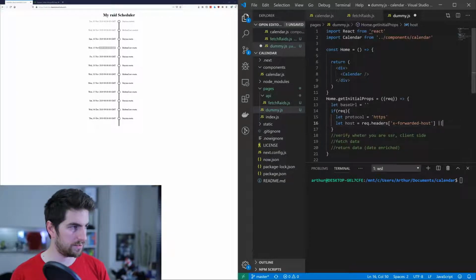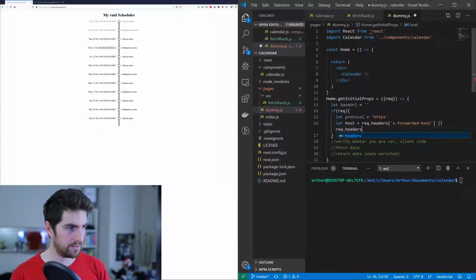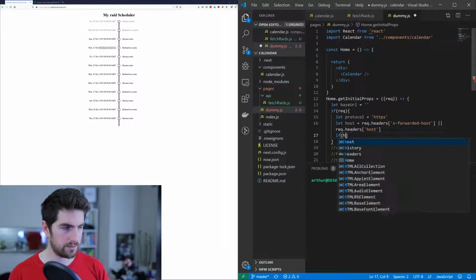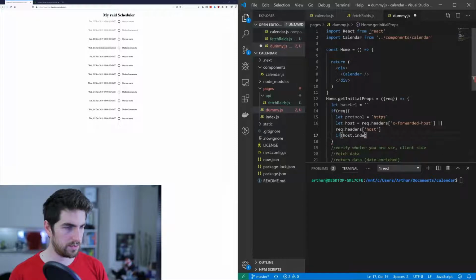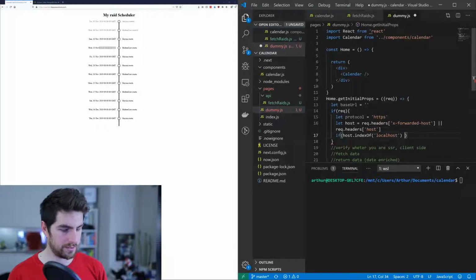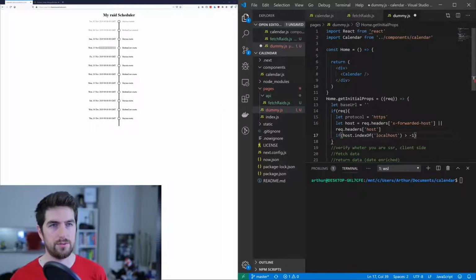And if this one is not defined, req.headers.host. Okay, hopefully I'm not mistaken. If host indexOf localhost is greater than -1, it means that we are on the development servers